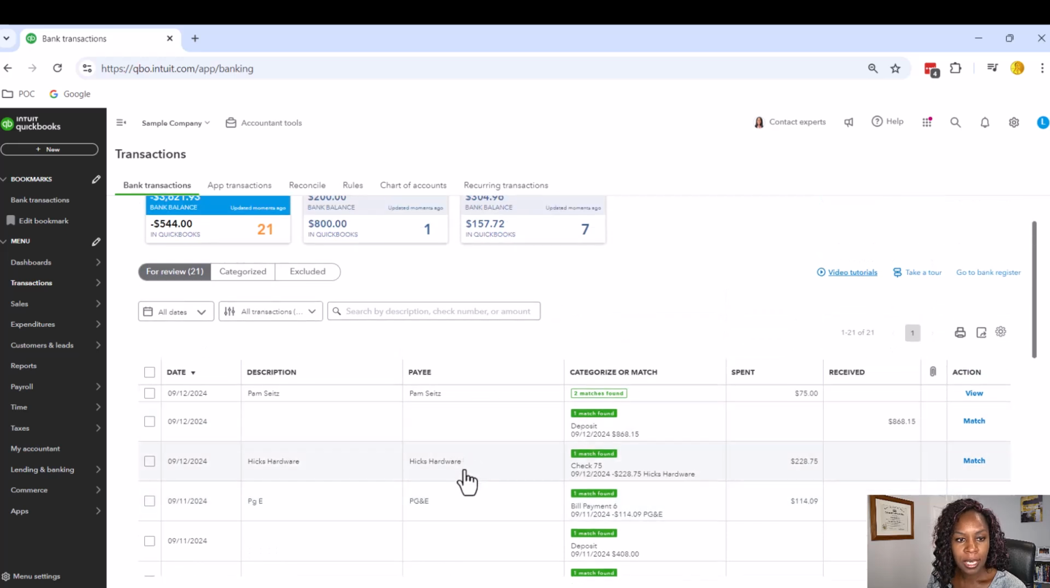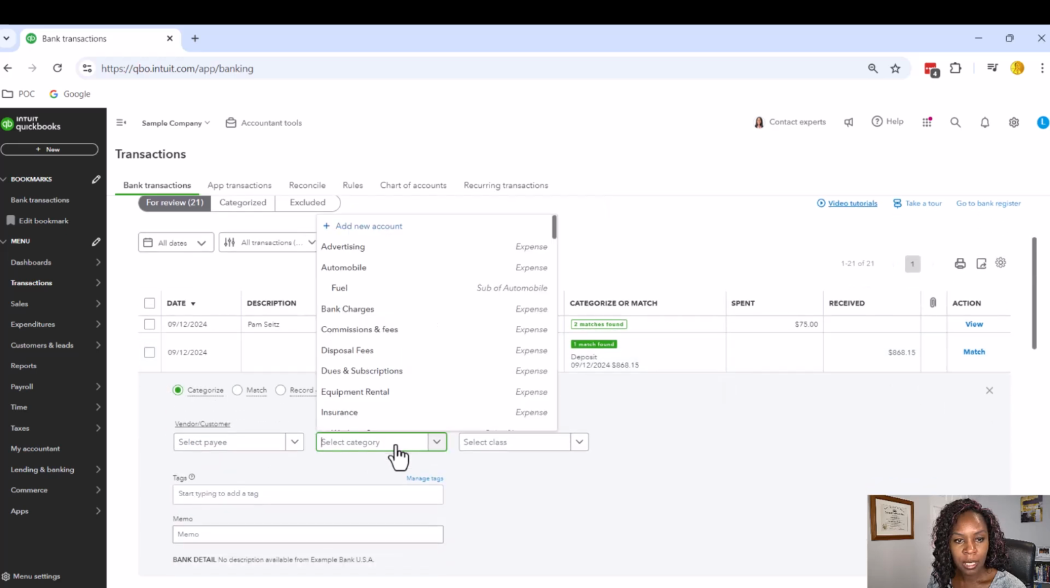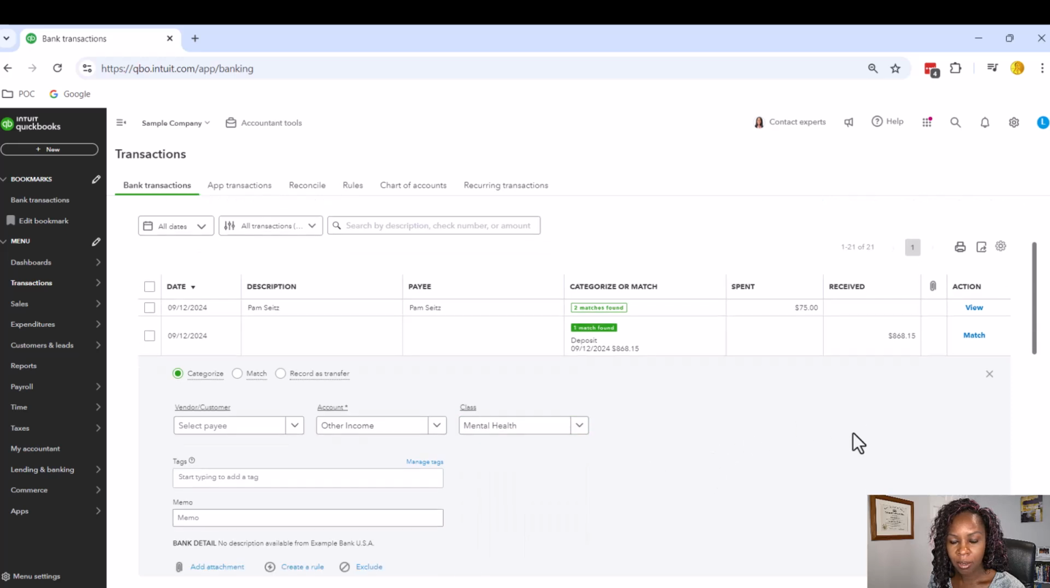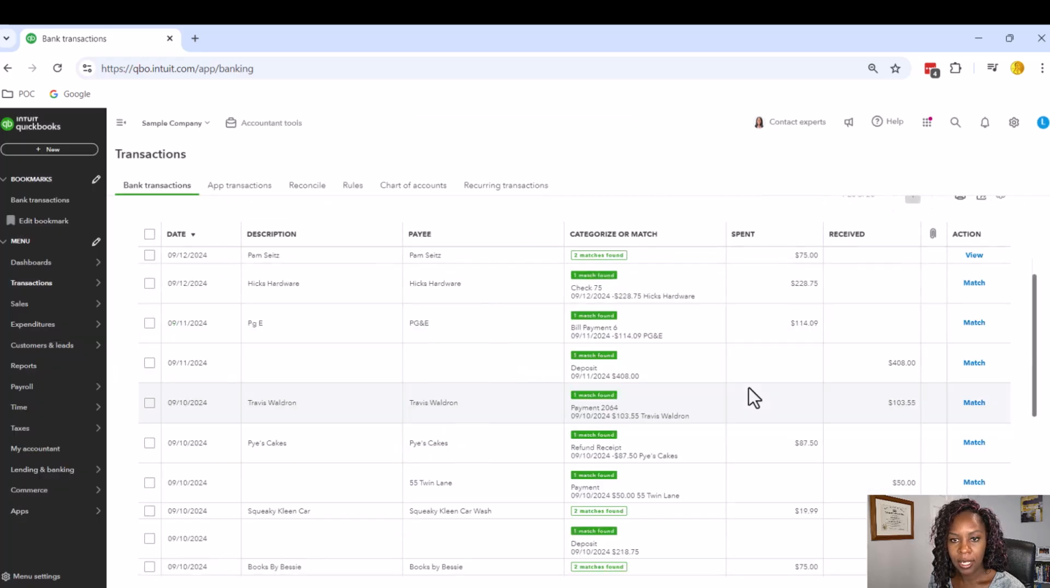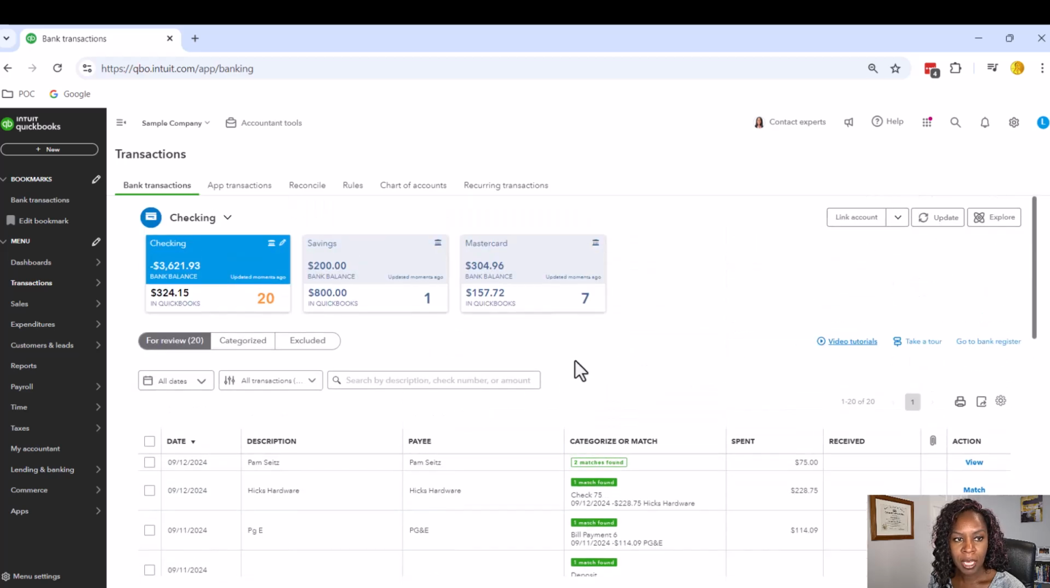Okay, and let's just do one more. We'll do one more, and we'll put this in other income, and we'll put this in mental health. Add. Okay, so we've categorized some of the transactions. Now, you can see these transactions in the reports. So when you go to your reports,